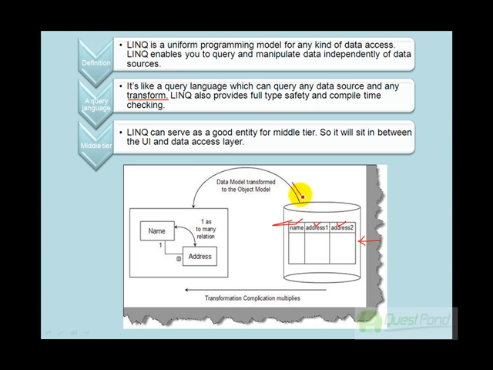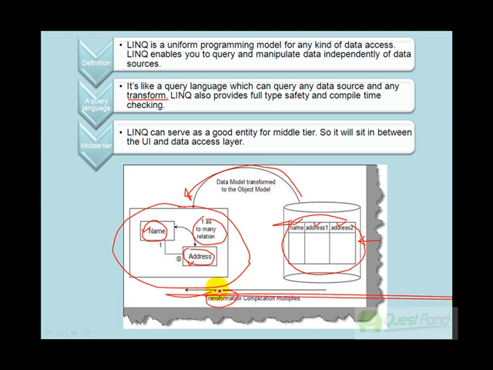But when this data is loaded into your application, you probably will be loading it as two objects with a one-to-many relationship. So in other words, you will probably have a name class and an address class, and the address class is aggregated in the name class with a one-to-many relationship. So what's happening is that the way your physical data is lying and the way your actual object model is expressed in the application is different. So in other words, we need to do some kind of transformation.